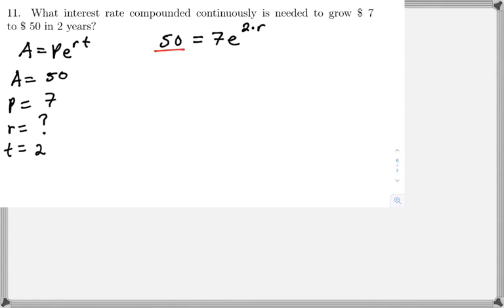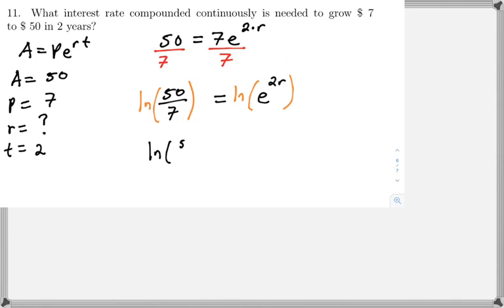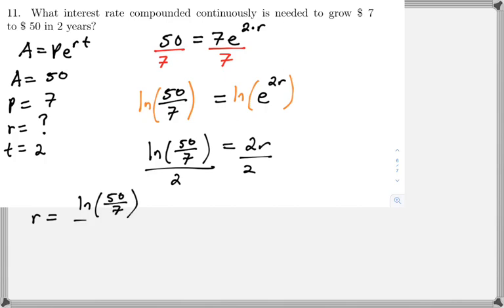So the first thing we need to do is isolate the exponential, which is e to the 2r. So divide both sides by 7. So you have 50 over 7 is equal to e to the 2r. We're going to take the natural log of both sides to solve for the exponent. So you have the ln of 50 over 7 is equal to 2r. Divide by 2 on both sides, and so r is equal to the natural log of 50 over 7 divided by 2, which is approximately